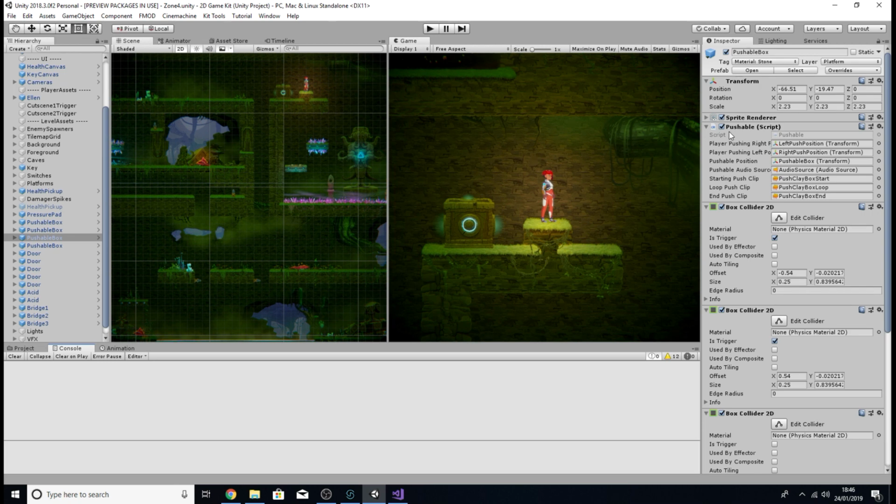The way I did it is by using this script here, the pushable script, which is one that already comes with the 2D game kit. And as you can see, it's already mostly being used to play audio. But obviously, this is Unity audio, which we're not interested in. What I am going to do is utilize some of the functions that were created for this script in order